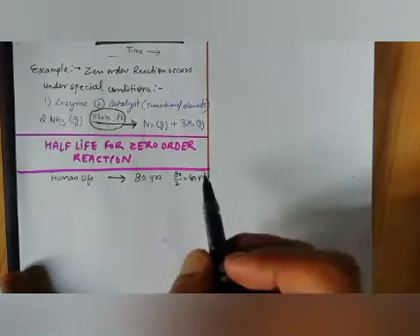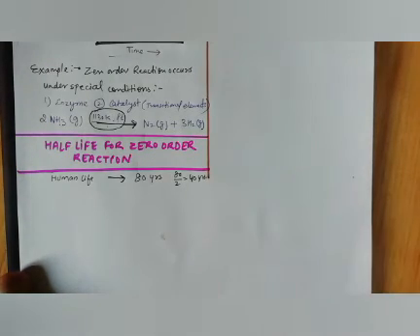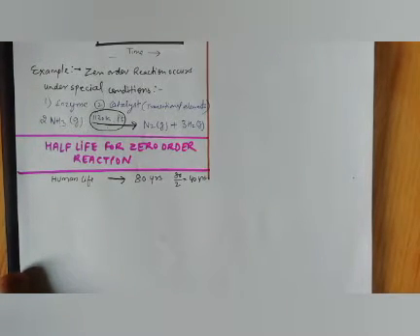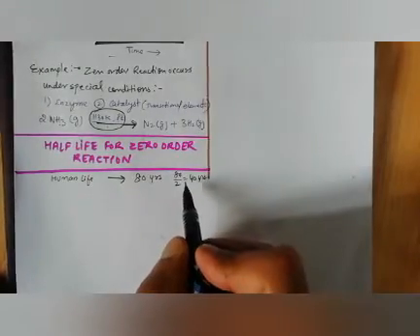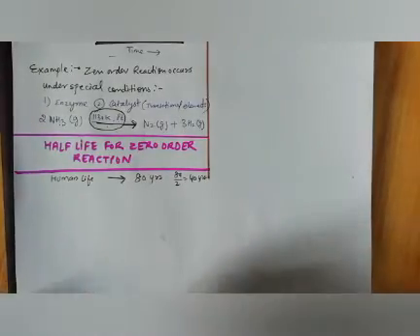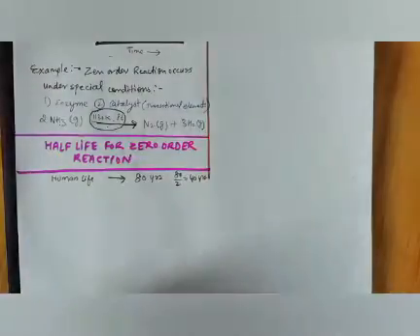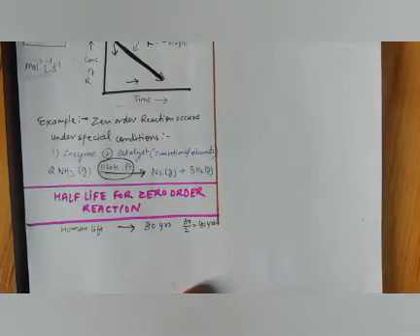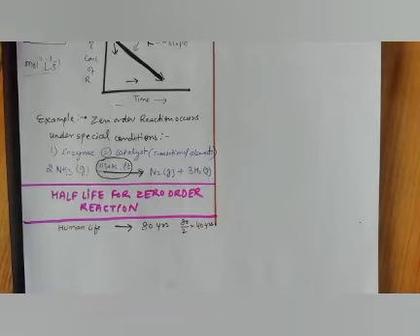Any human who reaches the age of 40 years has reached the half life of the average life, which is 40. In the same way, a reaction also has a half life. So for a zero order reaction, we need to study how to determine it. It is the time in which the concentration of a reactant is reduced to 1/2 of its initial concentration, which is called the half-life of the reaction.